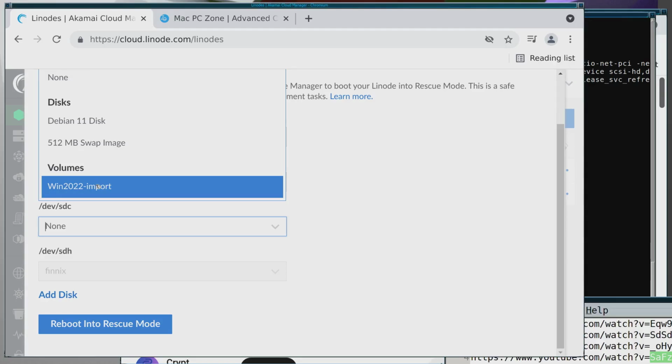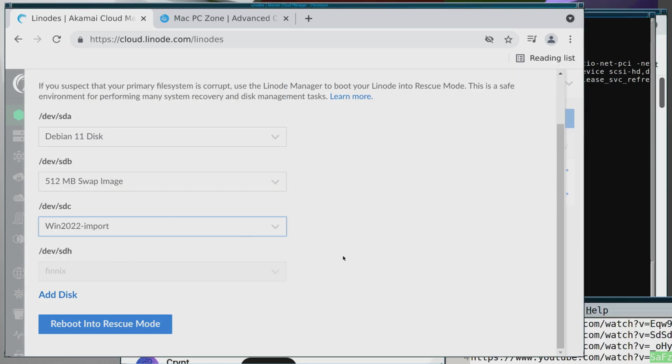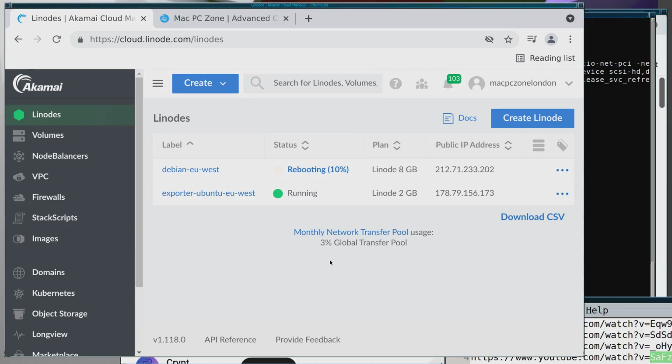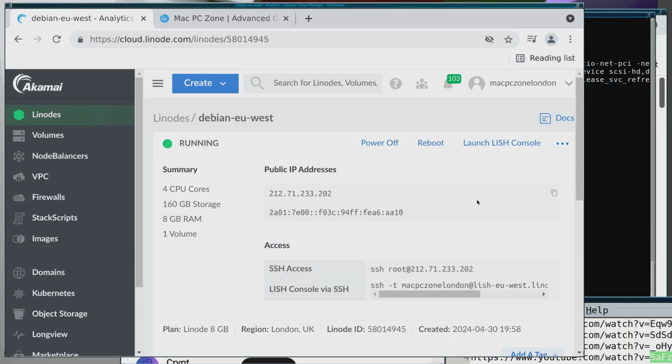Right, so choose that Win2022 import, and now we just reboot into rescue mode. Now we just have to wait for it to reboot. Okay, the next thing we have to do is go into this graphical environment called Lish. It's going to be easier if we go in so we don't click on the wrong one. So now if we launch the Lish console,